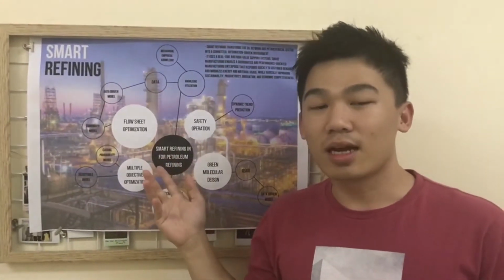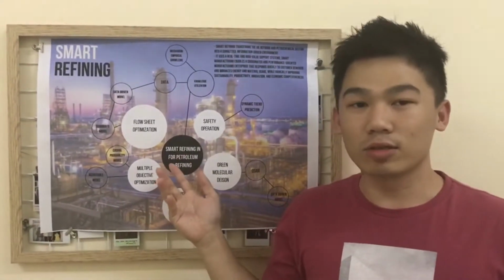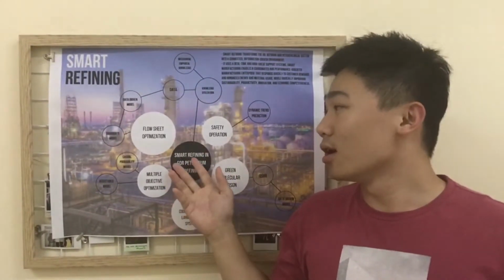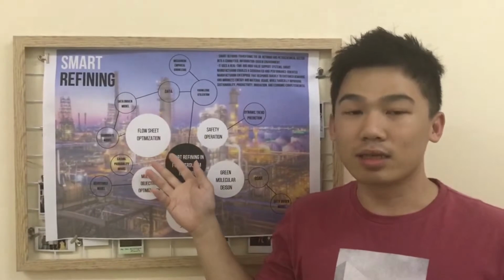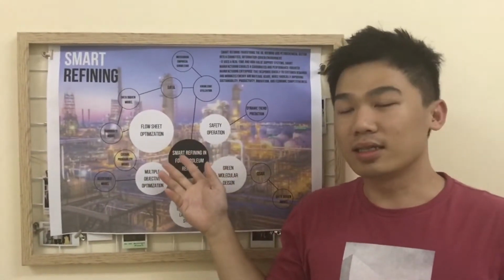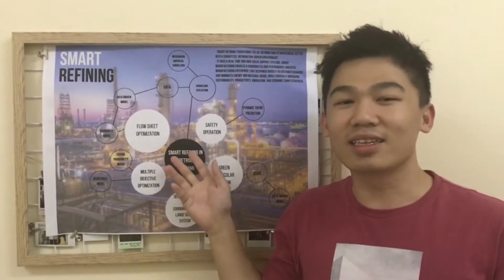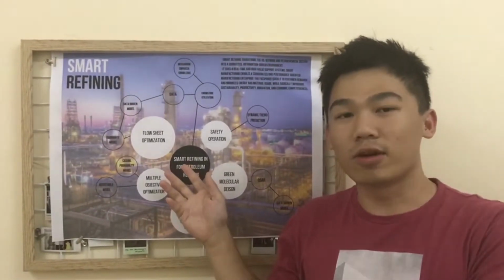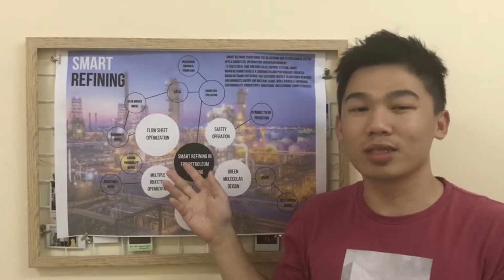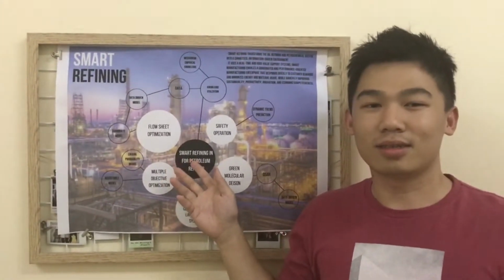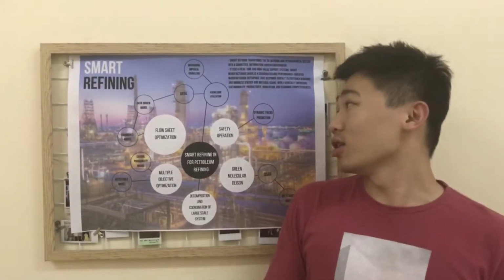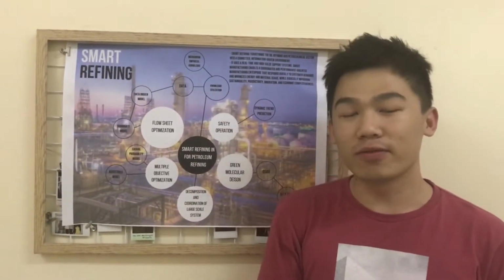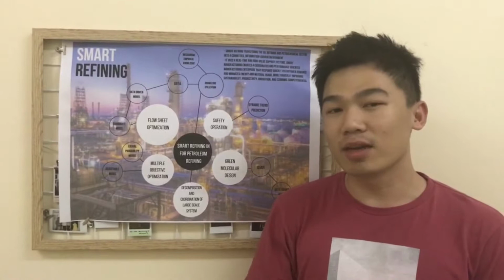it saves our time to record the data, and also to determine the problems from the refinery plant itself. Because if there's any data from the refinery, we will know it very fast and as soon as possible. Besides that, knowledge utilization is also very important for petroleum refining. It's considered as smart refining because